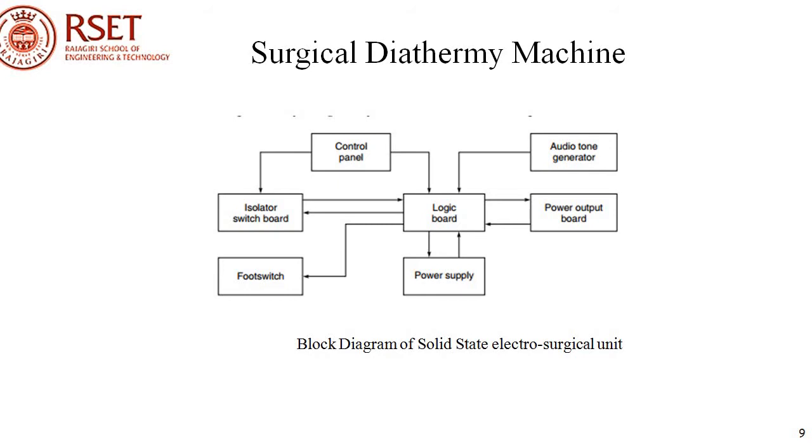The frequency of operation of solid state diathermy machines is around 250 kHz to 1 MHz. They deliver 400 watts in 500 ohms load at 2000 volt in the cutting mode and around 150 watt in the coagulation mode. In coagulation, the burst duration is 10 to 15 seconds and the repetition frequency of the burst is 15 kHz. The logic and control part produces the basic signal and provides various timing signals for the cutting, coagulation and hemostasis mode of operation.